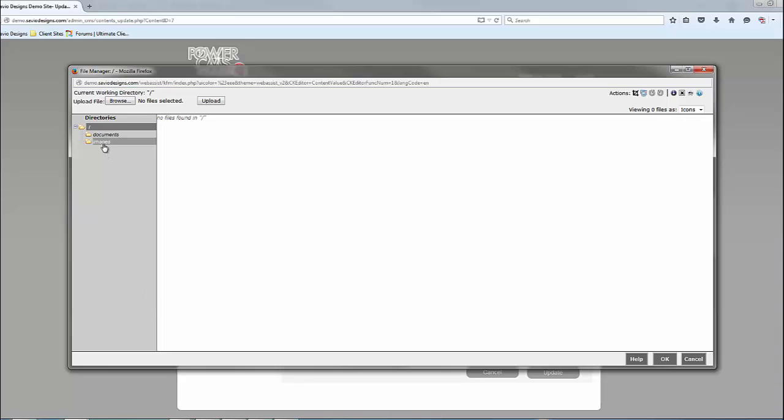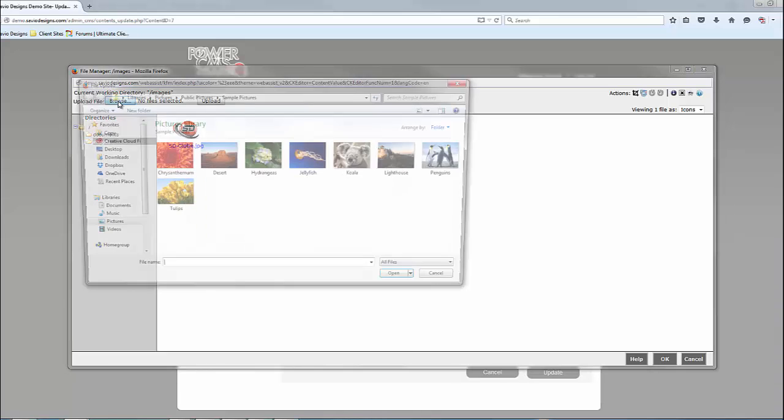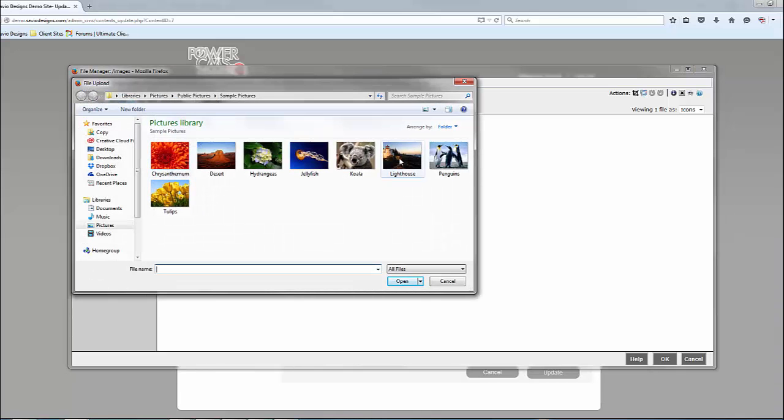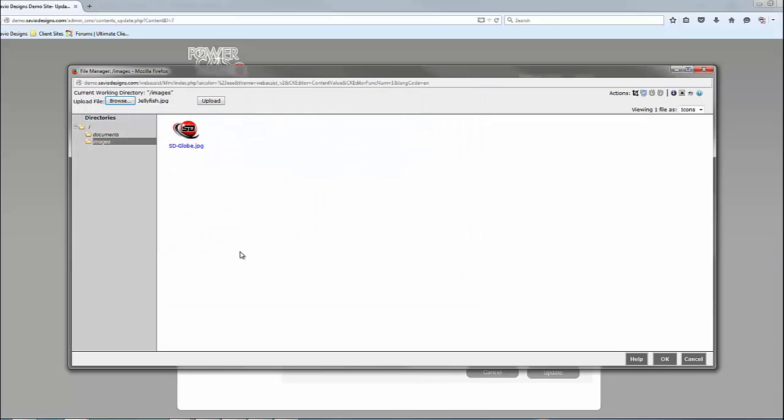I'm going to select my Images folder because I am uploading an image. And I'm going to click Browse. I'm just using these Windows sample pictures. I'm going to use this jellyfish picture. Now I've selected the file that I want to upload, but now I have to click Upload to actually upload it. Once I do that, you can see that it's uploaded into that folder, and I can now use it throughout